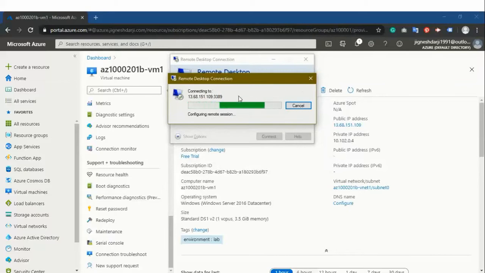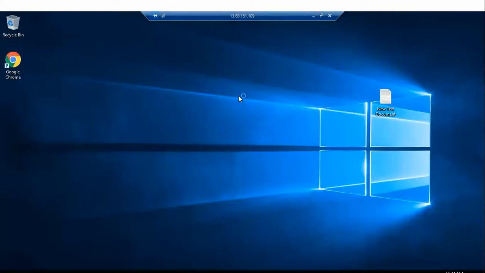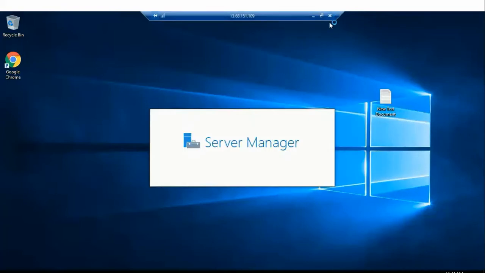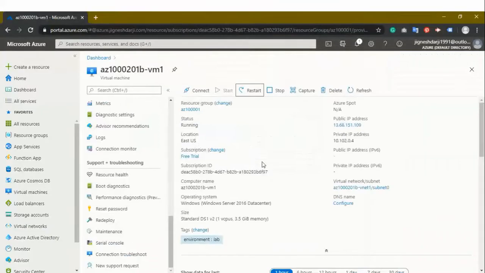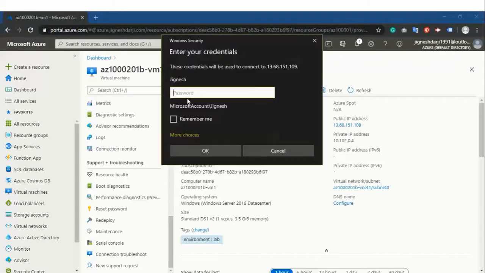So if you are in any situation, such as a developer, where you shut down your virtual machine and are worried about where you can restart it, this is the option from where you can restart your virtual machine if it was shut down by mistake in the middle of development or anything. Let's again connect to the same virtual machine, and we will explore the other options like disconnect.